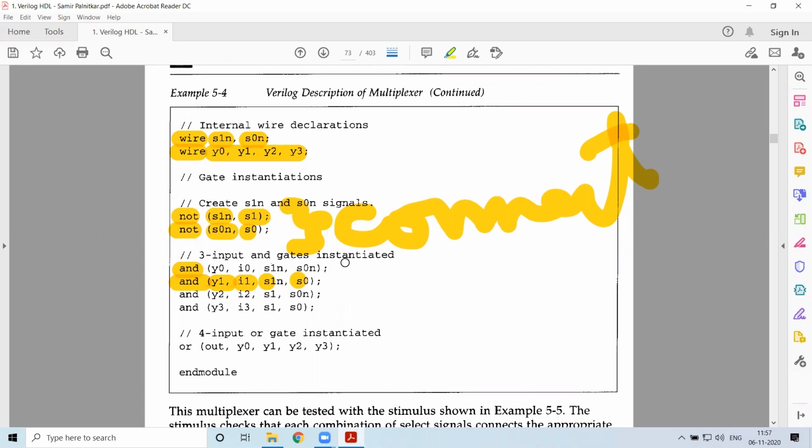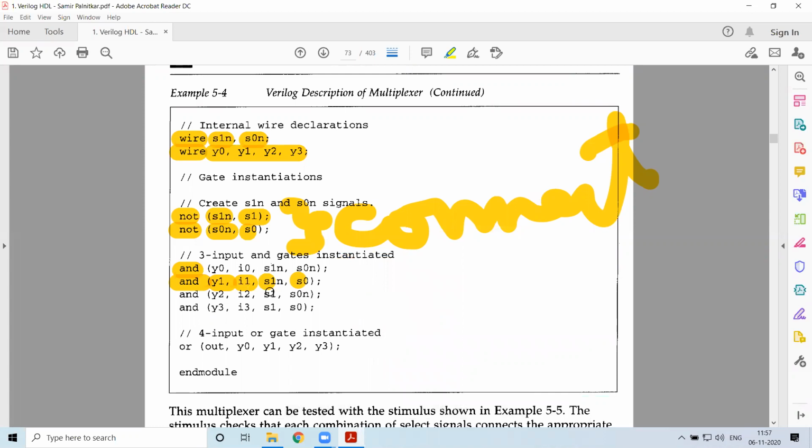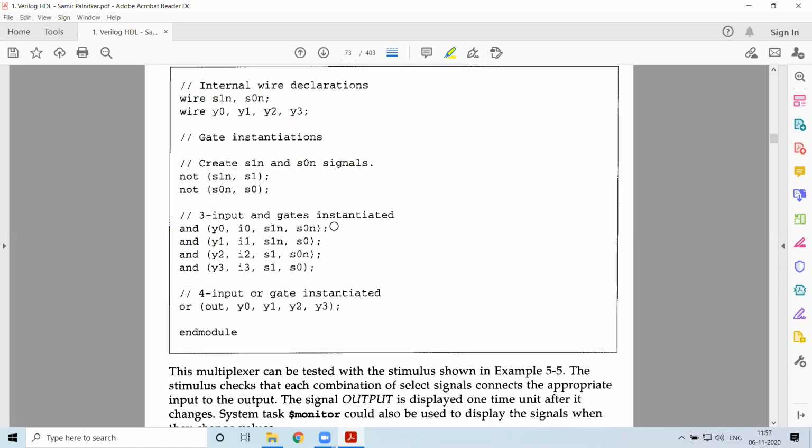So similarly, we have these four AND gates. Four AND gates connection is being defined here.